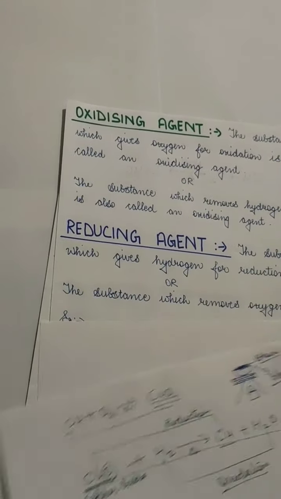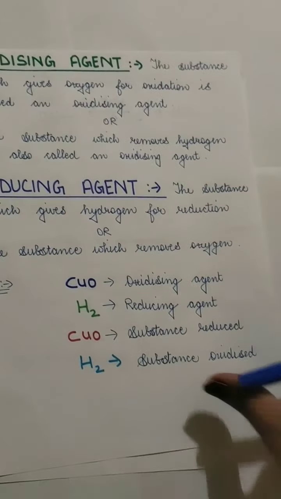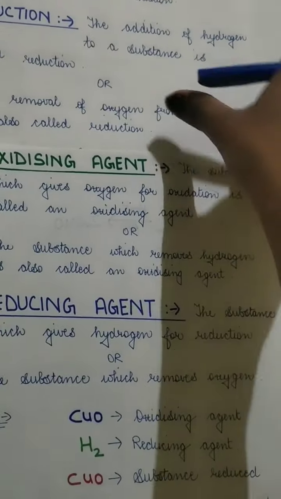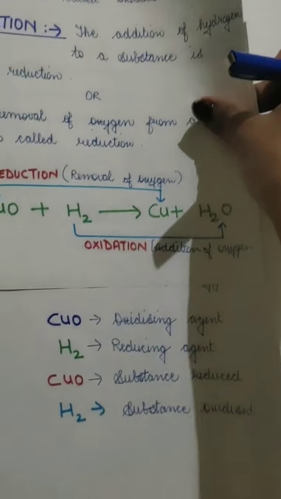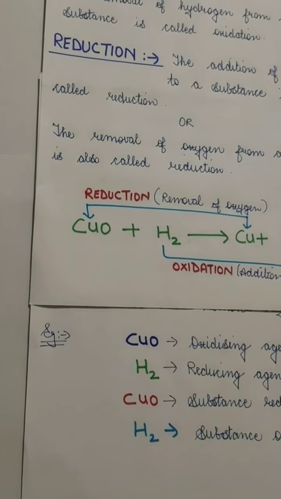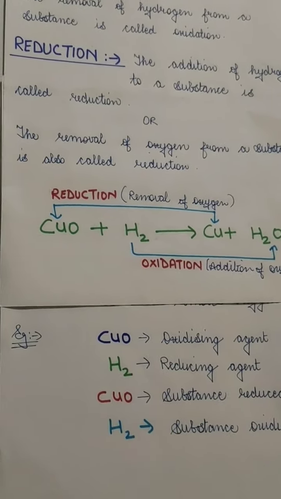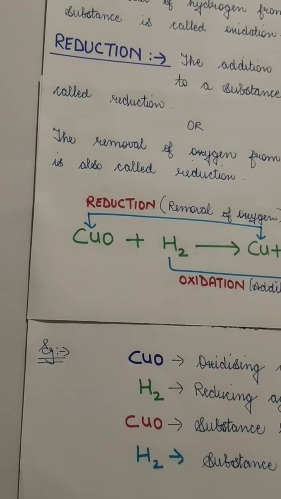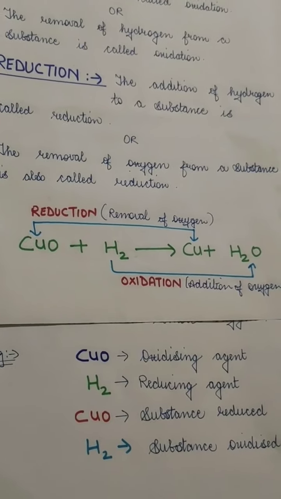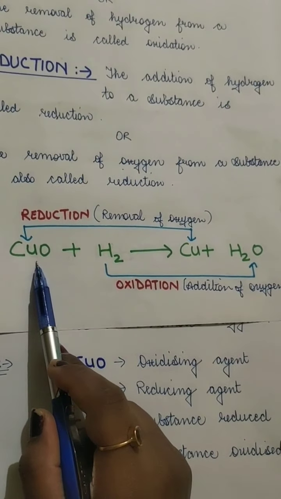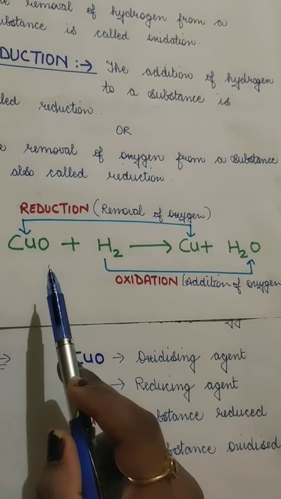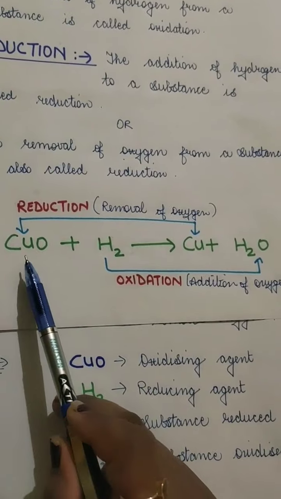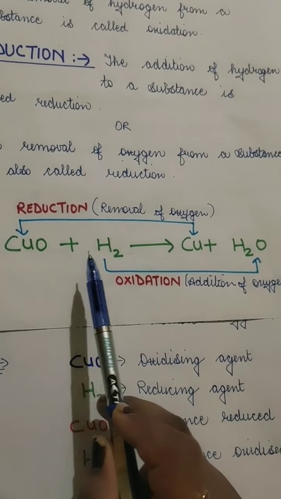So let's take a closer look at this. Wait a second. Here is the reaction. Just now I told you a reaction about copper oxide. I have written a reaction like copper. In this we have already written copper oxide, so I haven't mentioned copper converting into copper oxide, which you already know. So we'll start with this CuO, that is copper oxide plus hydrogen.